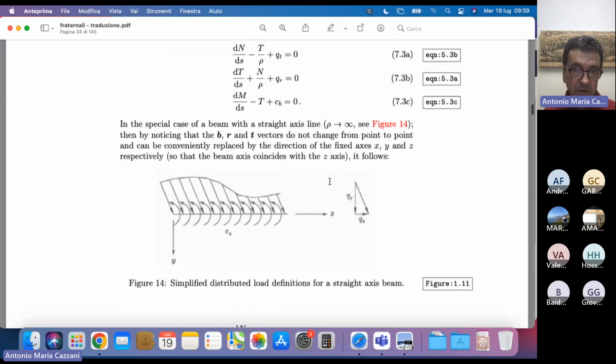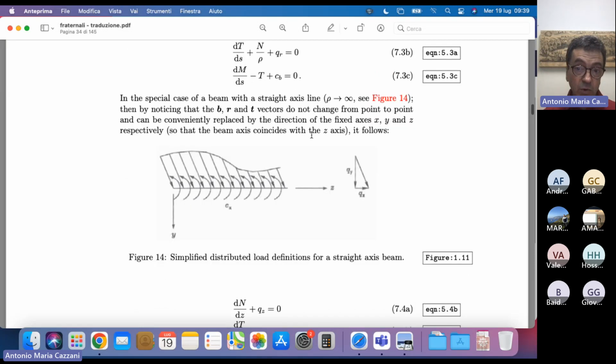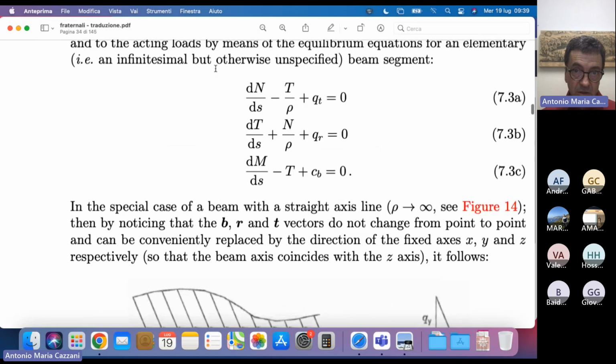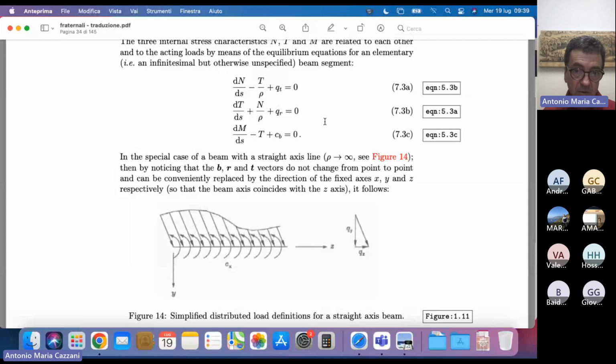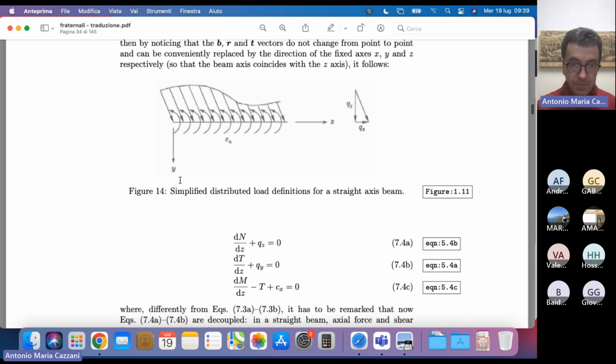And so for the case of a straight beam axis, the equilibrium equations can be rewritten in this way if we accept to designate by z the direction of the axis, which is now straight, so S is replaced by z. The opposite direction R is now denoted by Y,